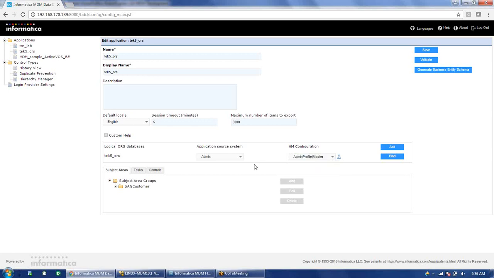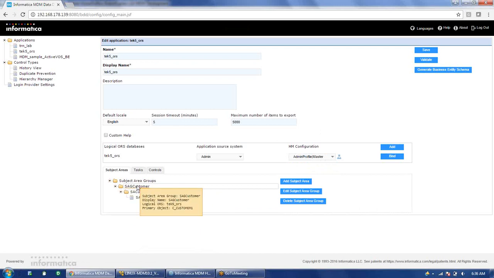And after that, we had to configure the subject areas: group, subject area, and subject area child. These are three things that we have to configure. So yesterday we had configured the subject area group, which is just a logical grouping which contains all these other things: subject area child, and subject area grandchild. These are the three things which are logically maintained by this.